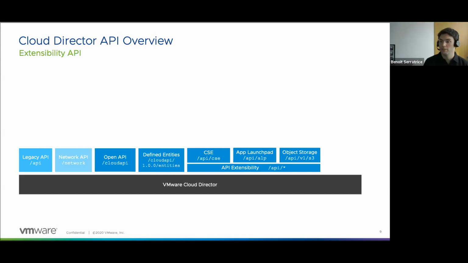Yes, so metadata is something that you put on a specific, already existing VCD object. It's a key value pair, and that's all you get, and it needs to be related to something that already exists in VCD. Here, with the defined entity, it's a brand new thing that you create, and you define the entity